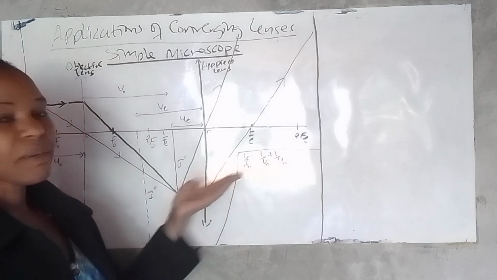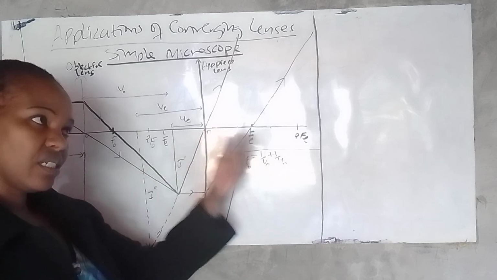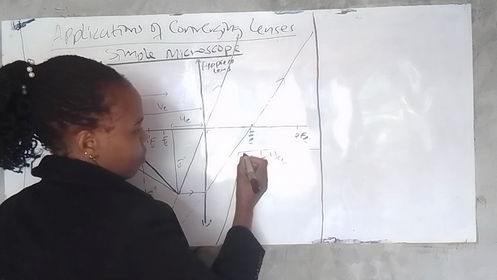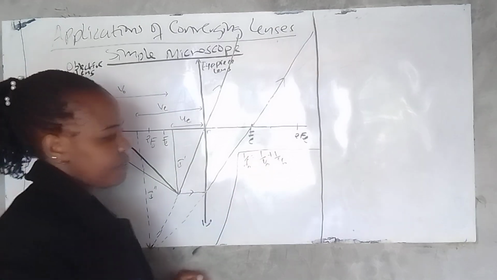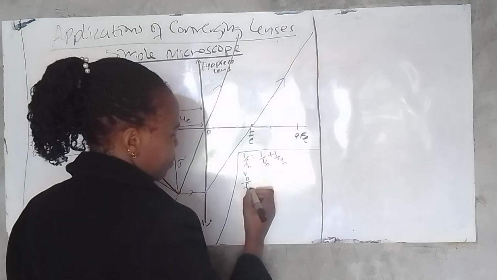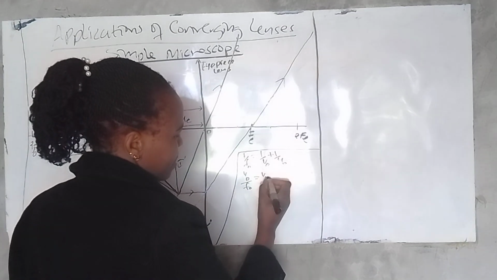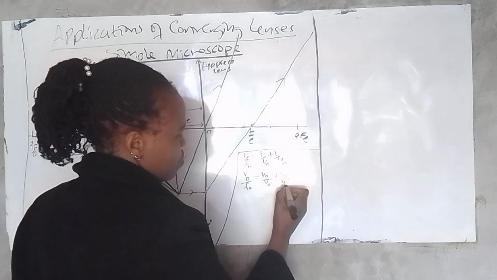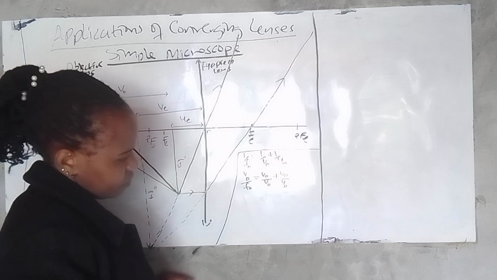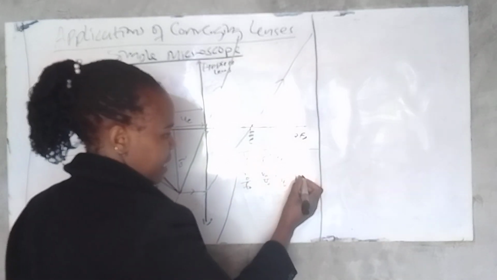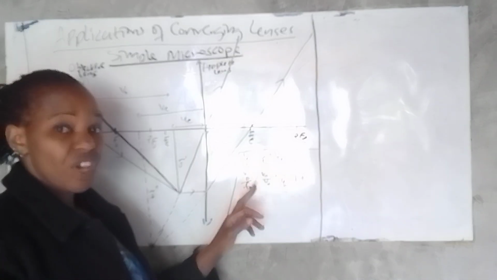Now we want to get magnification from this equation. We have done it in another lesson previously. So multiply every side by V naught. So I get V naught over F naught equals V naught over V naught plus V naught over U naught, which is